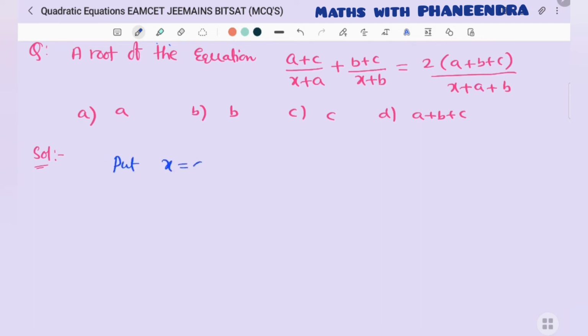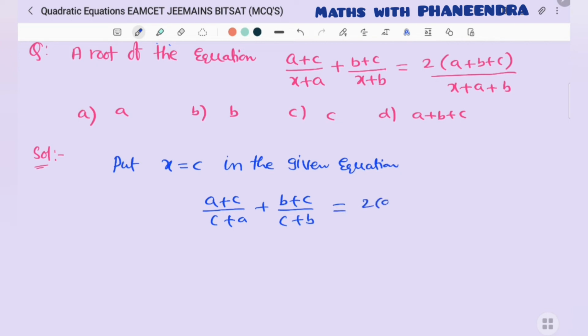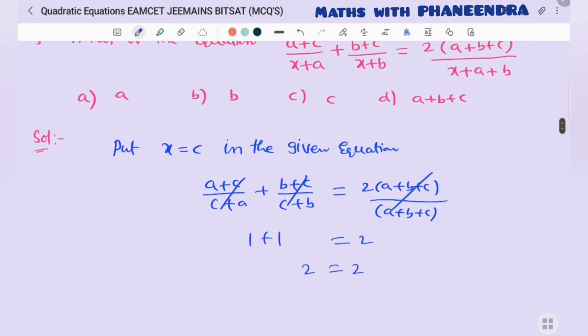Put x is equal to c in the given equation. If it satisfies LHS is equal to RHS, it is a root only, no? So a plus c by c plus a plus b plus c by c plus b is equal to 2 into a plus b plus c by a plus b plus c. These will be cancelled. 1 plus 1 is equal to 2. So 2 is equal to 2. So LHS is equal to RHS, satisfying means